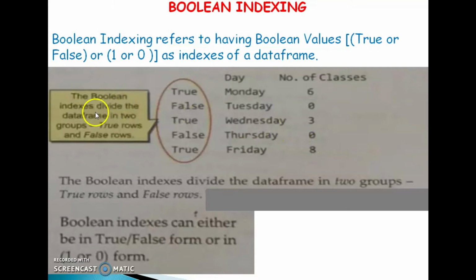The Boolean indexes divide the data frame in two groups, true rows and false rows. Here Monday classes will be there, so the index is true. Tuesday no class, so the index is false. Likewise, Wednesday, Thursday and Friday. Boolean indexes can either be in true or false form or in 1 or 0 form.